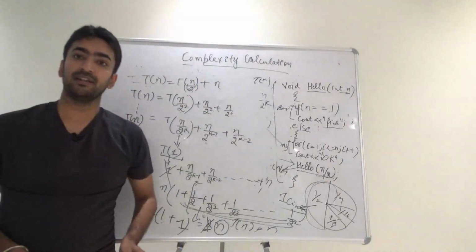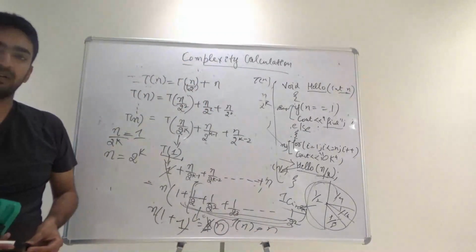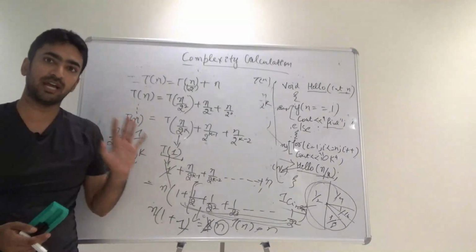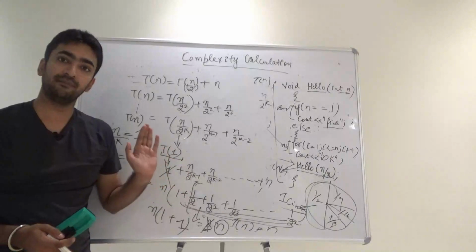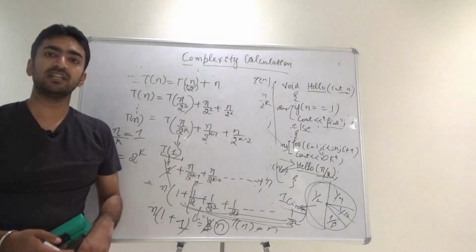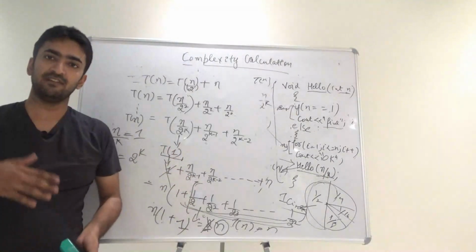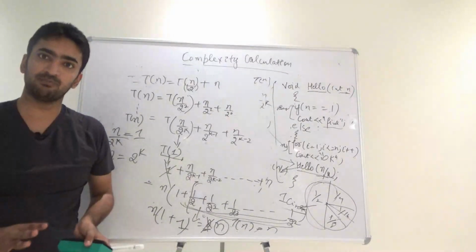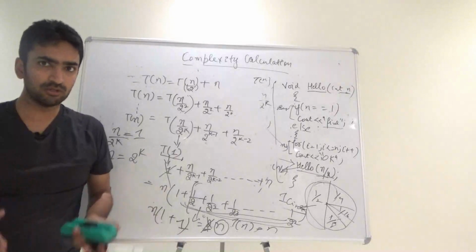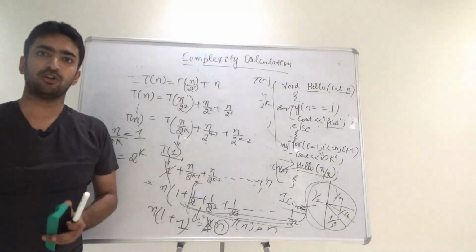So this is another question of the back substitution method, where we calculated the whole time complexity with the equation t of n by 2 plus n. There is an easier method also that I will cover in the next video, which is the master theorem. It is only dependent upon the formulas. If you know the formulas, by default your answers will be calculated.